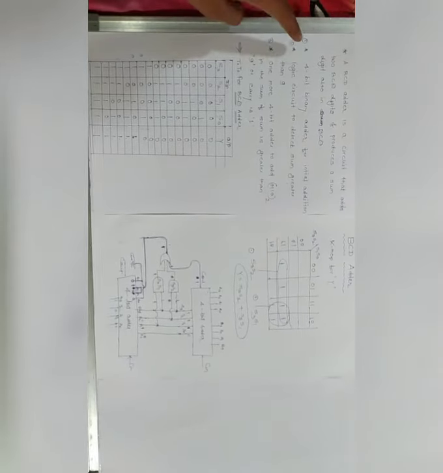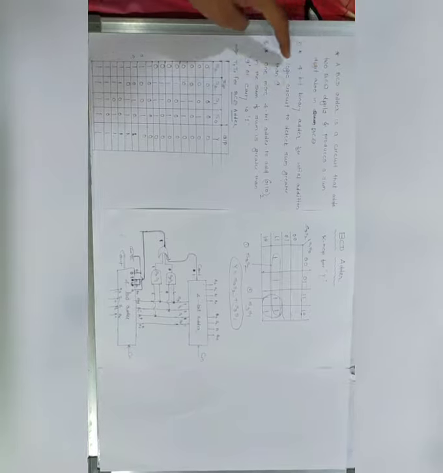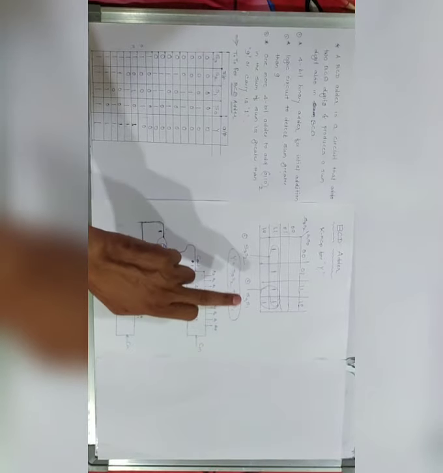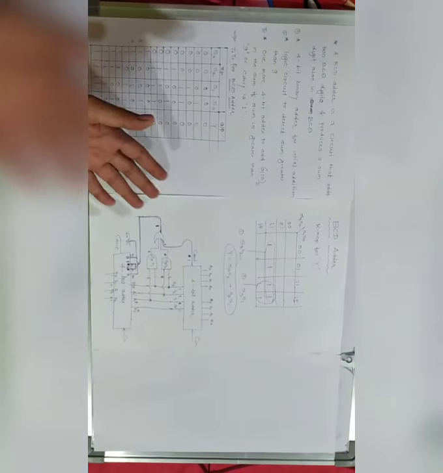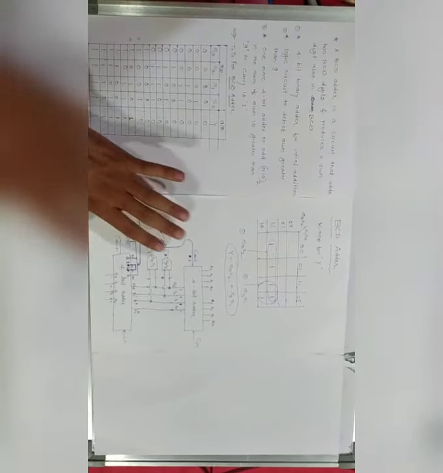For this you must first know the 4-bit adder, then you must know the logic circuit, and I designed the logic circuit by using this equation. I got this equation from the K-map and from this truth table. Next I want to add a 6. For that purpose I also require another 4-bit adder. Okay, now that is all about the BCD adder.